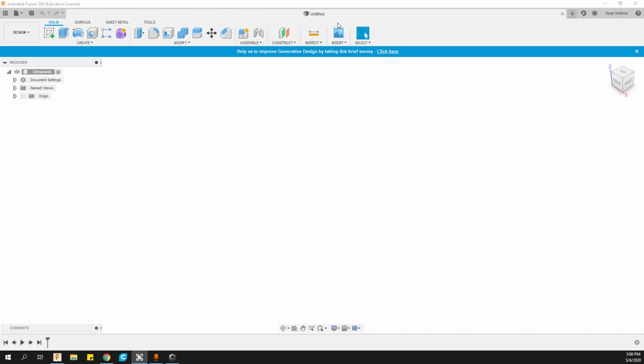So here we are in Fusion 360. Now in Fusion 360 on the left side you can see all the views. So right now I want to see the origin, so I'm clicking on the eye beside the origin. So there you go, I can see the origin right now. If I expand the origin, I can see all the planes and the axes. If I click on this one, this is the XY plane, this is the XZ, and this is the